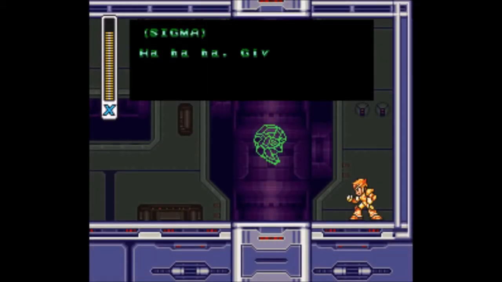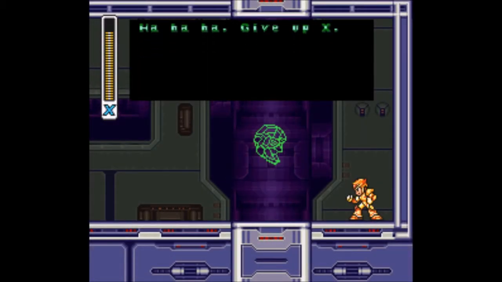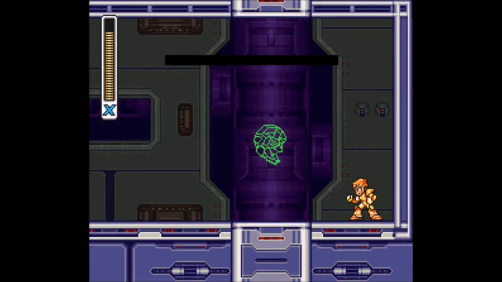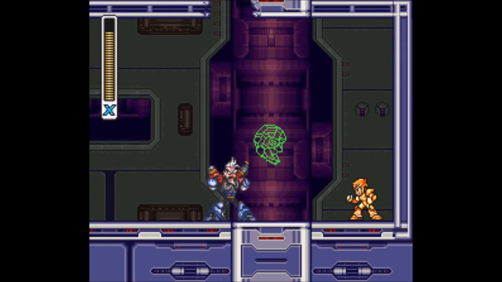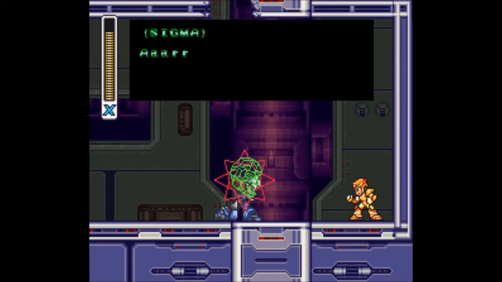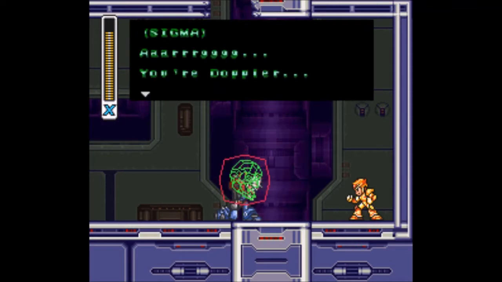If you do, however, go through the game with the Z-Saber, or if you lose Zero, then instead of Zero showing up to save your ass, it's going to be Dr. Doppler. And I actually like this ending more than the good ending, mainly because it gives full closure to Doppler,